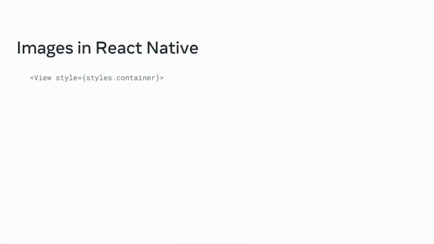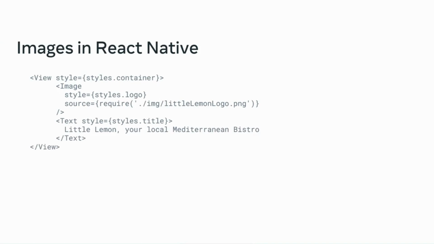With the image files in place, let's now check out some code that will make the logo image appear on the app's welcome page, along with a bit of text. Notice that the image component goes inside of the view. It has been given some styling, and you can pass the image information using the source prop. To the source, you can pass the location of the image, which is